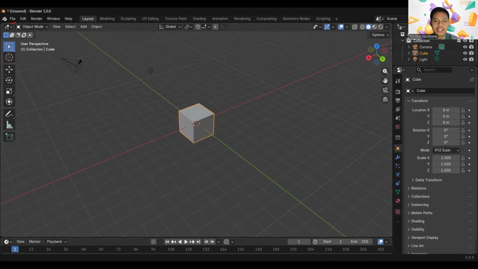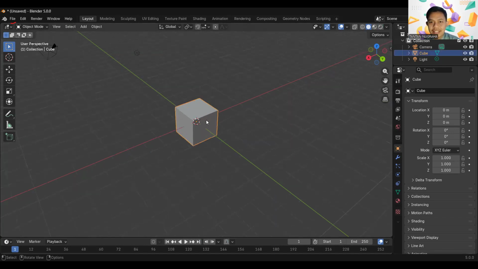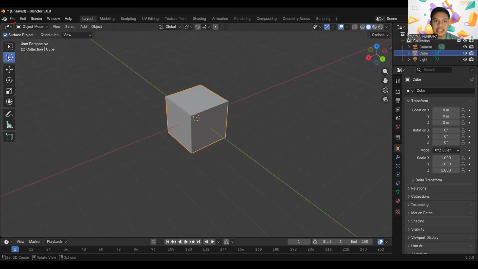Next, I will explain about the tools in Blender we often use. The first tool is select box. The select box function is to select a mesh or object. Next is cursor.